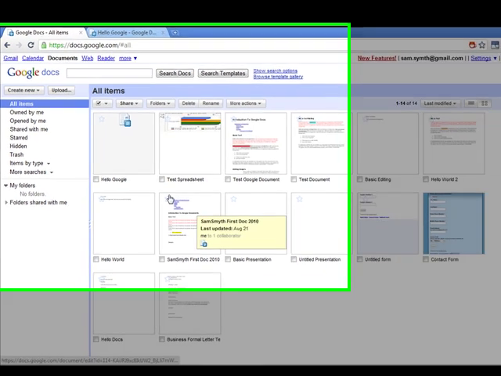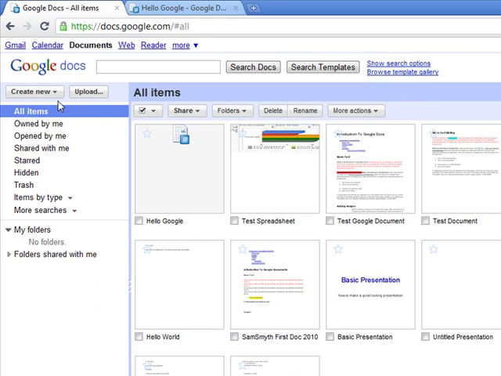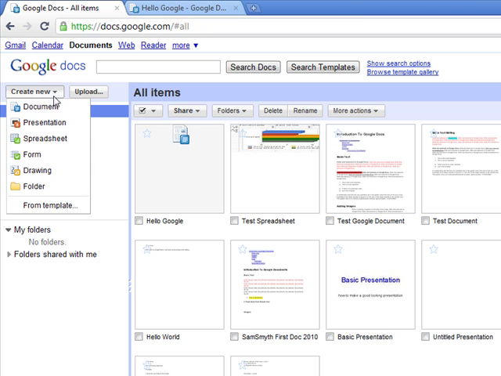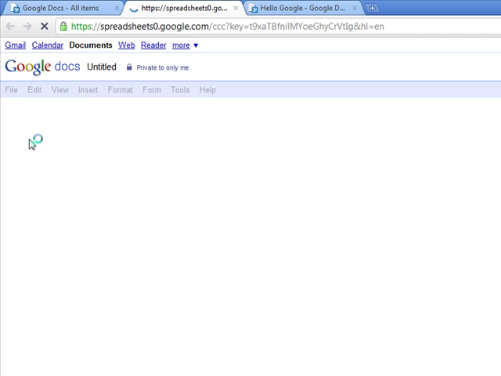Now we're going to try adding a chart to our document. Quite often in documents you see charts. Charts are generated from spreadsheets, so let's create a spreadsheet. If you haven't used a spreadsheet before, it's nothing to be afraid of. They're very, very simple. It's the same as a document in that when it opens it's